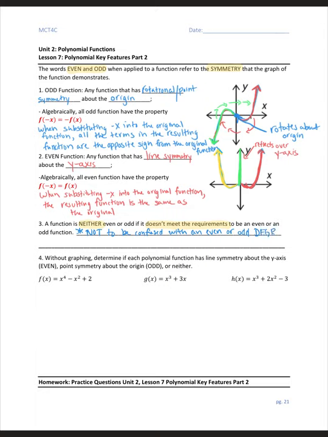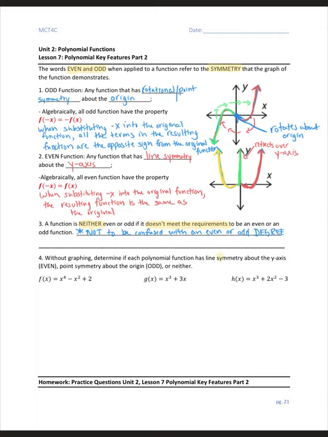Right, when we're speaking about the degree of a function, we're talking about the highest exponent on the x variable. When we're saying that a function is an even function or an odd function, we're talking about the symmetry that is represented within that function. So without graphing, let's determine if the following polynomial functions have line symmetry about the x-axis, which again means that